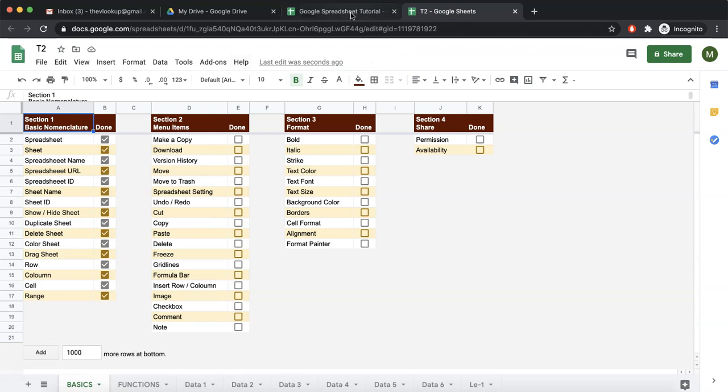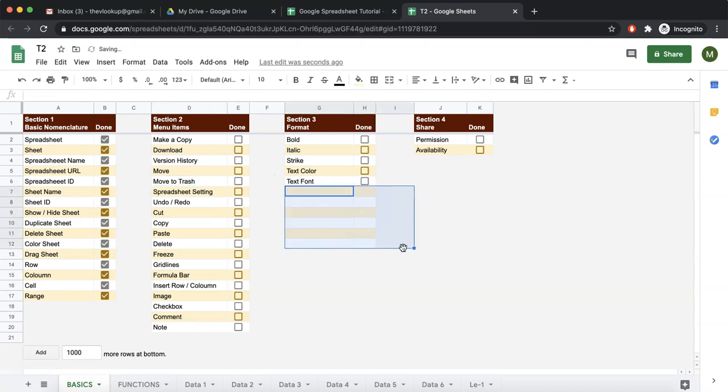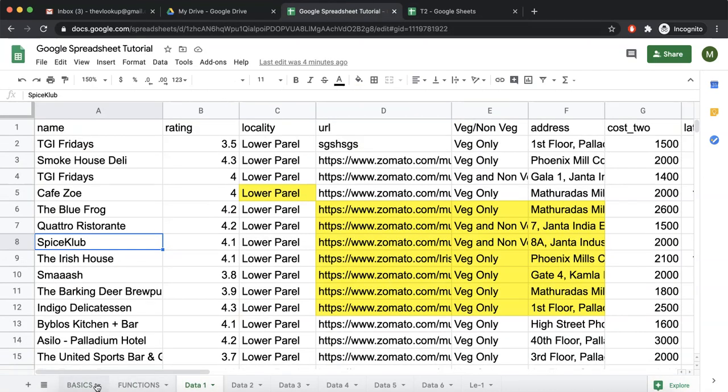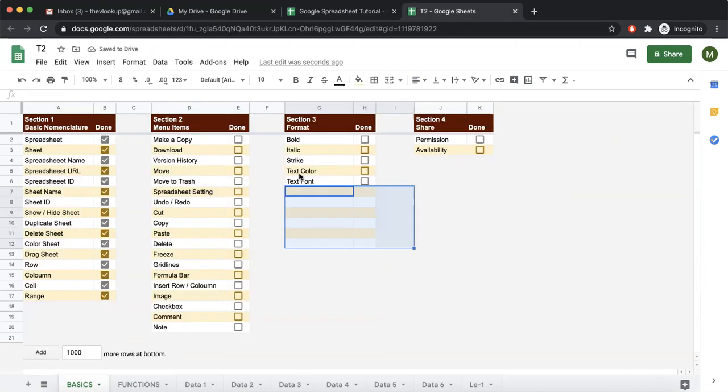So now both of them are the same right now because I've just made a copy. I have not made any changes. But again, this is independent of the original sheet. I can go and I can delete anything. Nothing happens to this one. So this is a completely independent sheet. You can give it to anyone, share it with anyone, or you can use it for some different purpose, whatever you want.